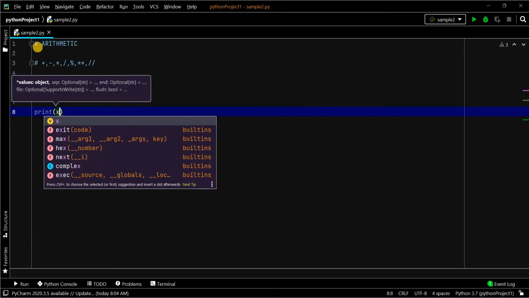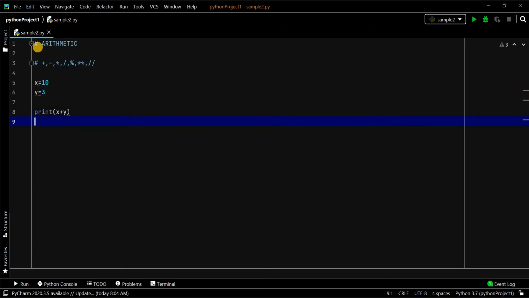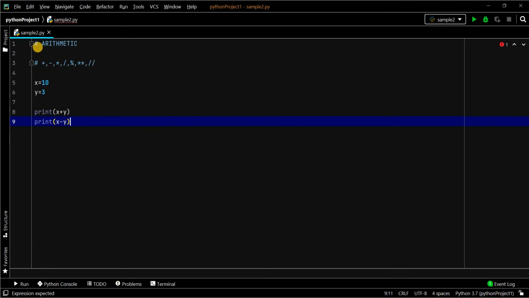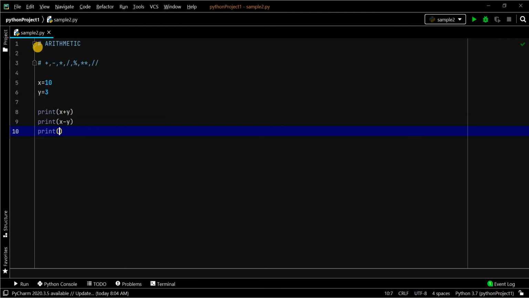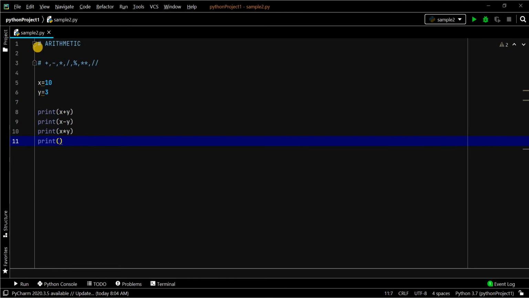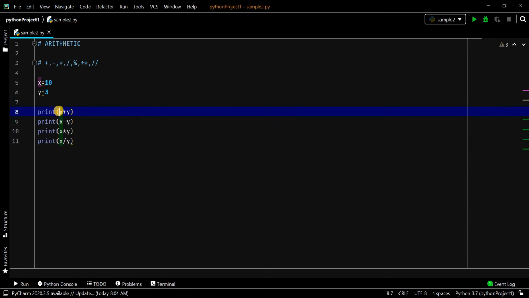First one, arithmetic, just adding both x and y. Next one is subtraction, multiplication and division. Let's give some comments so that we will get clear idea.